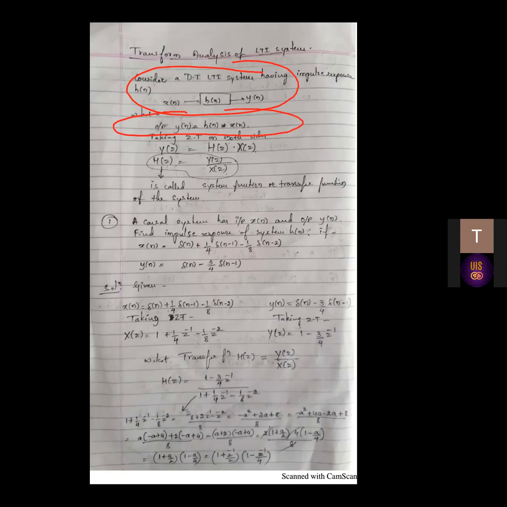Now we have to check the transform analysis. If this is the system given, and individually transforms are there, how are the transforms related? Transforms in the sense Z transforms, ZT. So we have to go for that, and again we will be solving a few problems based on this. No doubt, whatever problems we are solving, they look bigger, but whatever we have done till now in the first and the second part, the Z transform and the inverse Z transform, both applications are there in this third part, in the transform analysis. So let us check what it is.